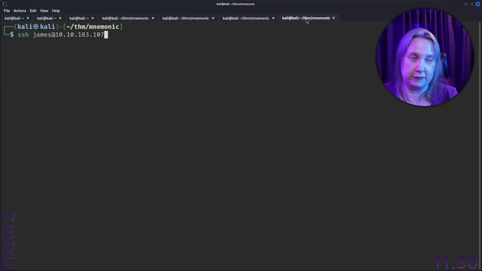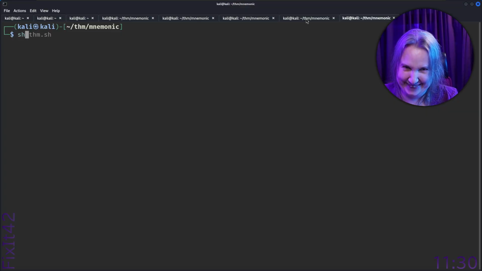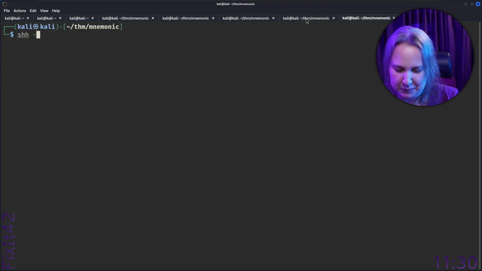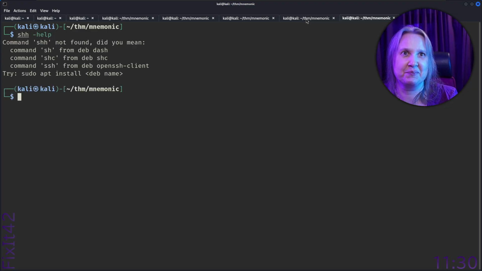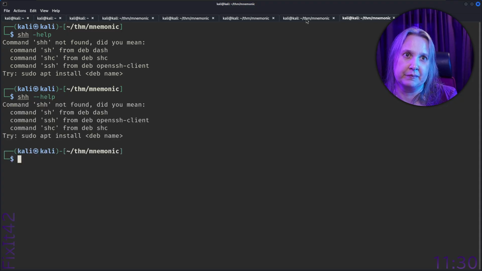So we need the special flag here too, and I don't remember it, so I'm going to... How many of these tabs are just me searching the help? I think three now. Oh right, I didn't double dash it. Okay, you can see what I mean now.